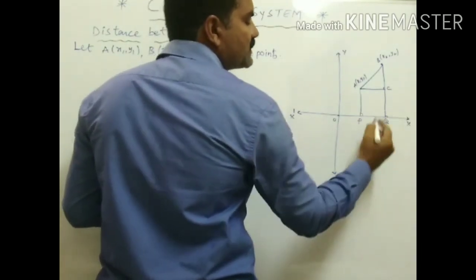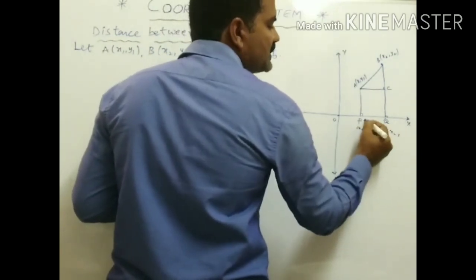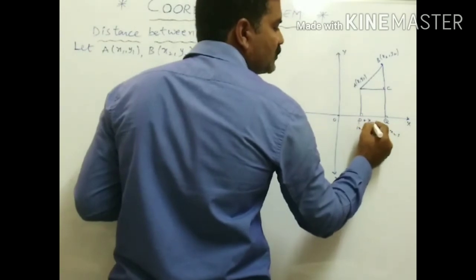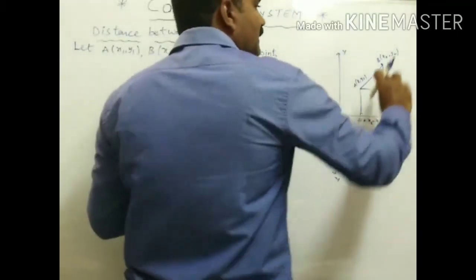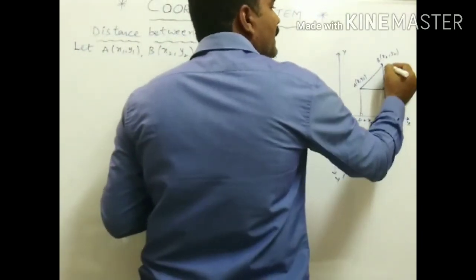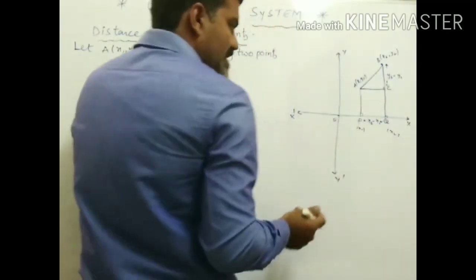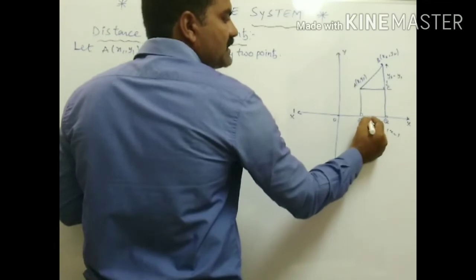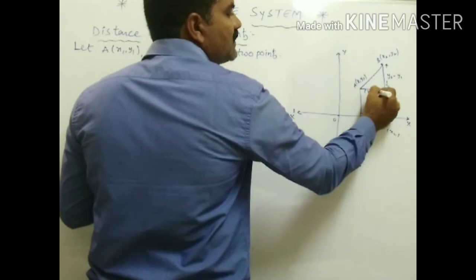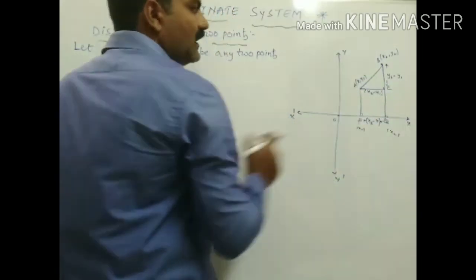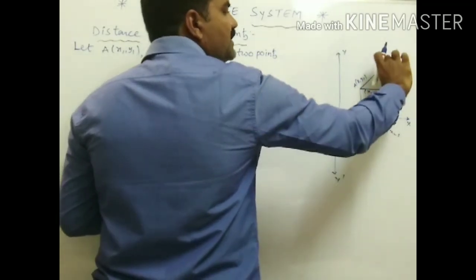is equal to x2. So clearly this is x1 and this is x2. Now this distance is equal to x2 minus x1. Similarly, the difference between the y coordinates is y2 minus y1. If PQ is x2 minus x1, then no doubt AC is also x2 minus x1. Now you clearly see AC is nothing but x2 minus x1 and BC is nothing but